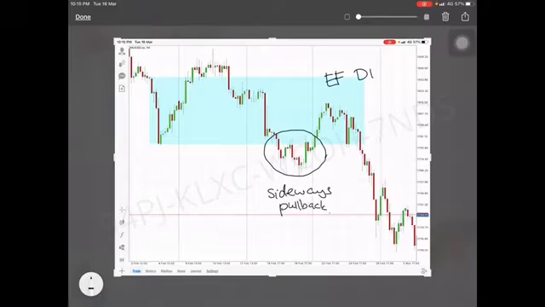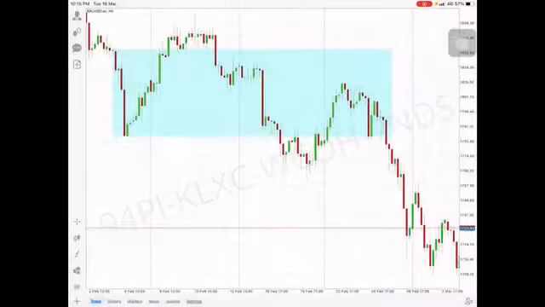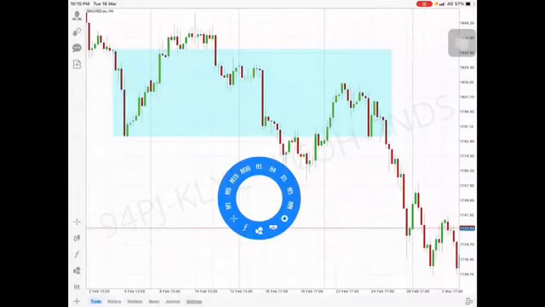Okay, this is a sideways pullback. And inside of the zone, there's also sideways. This is what we are looking for, right? All right. So now, when we come to the H4,